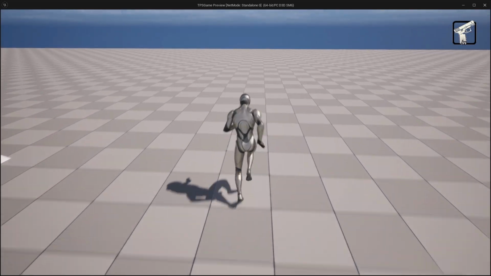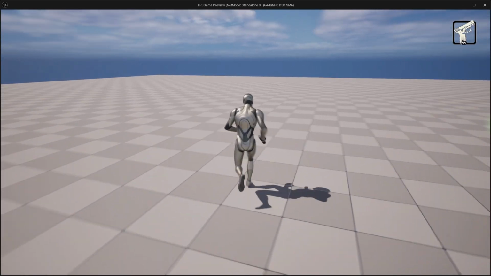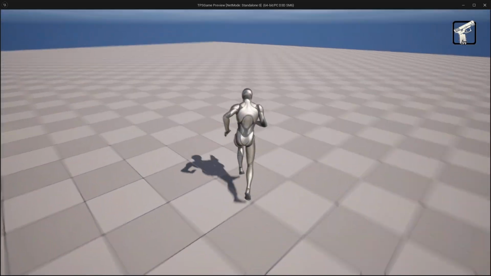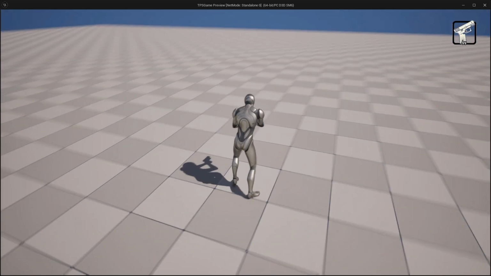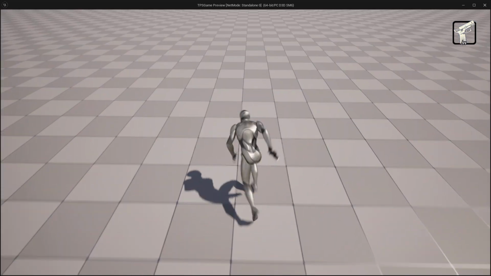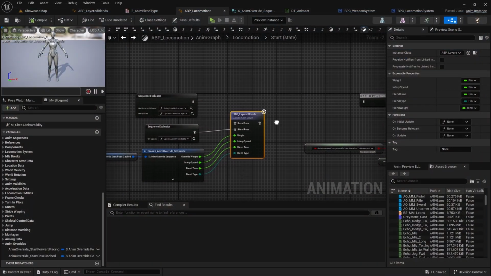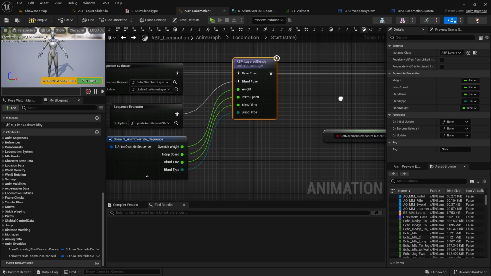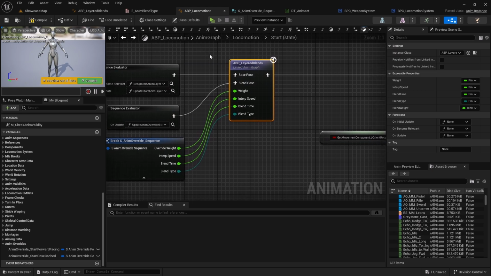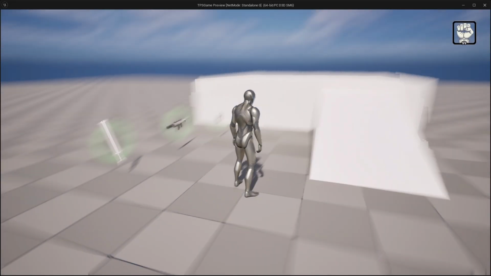Right? So you can see actually the pistol is sort of going away with its default arming state or aiming state, which is not quite good, right? So that's why actually we use this anim overrides,